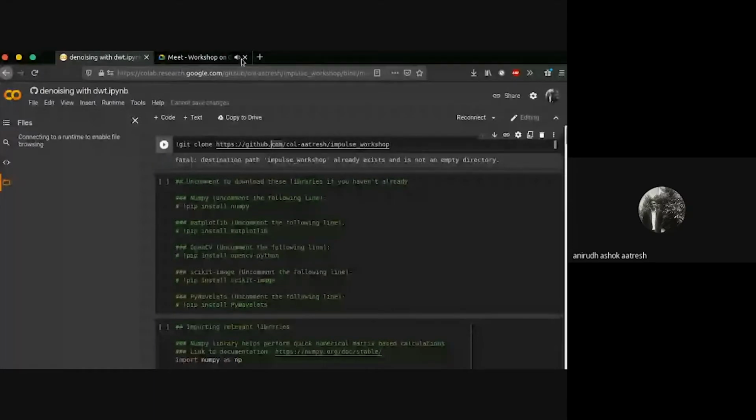So I'll just open the code. Can you see my screen? Yeah. Okay, thanks. So if you guys have this open, you can run it together.